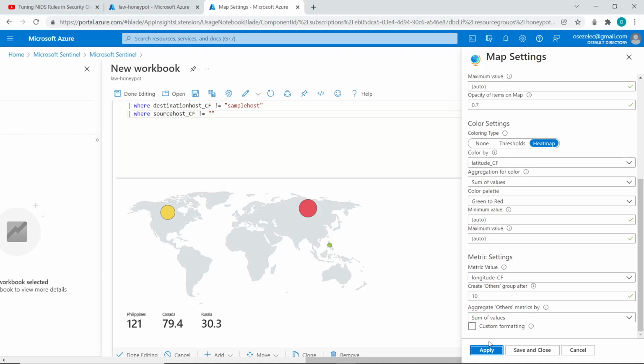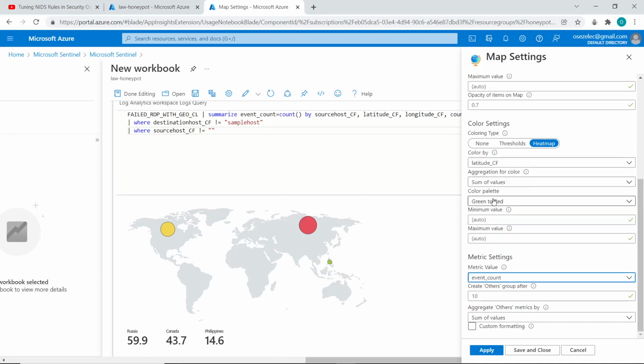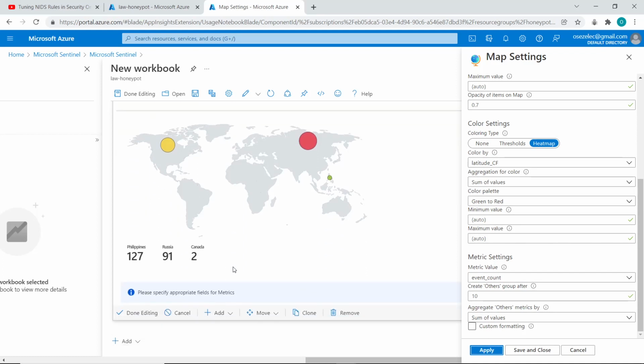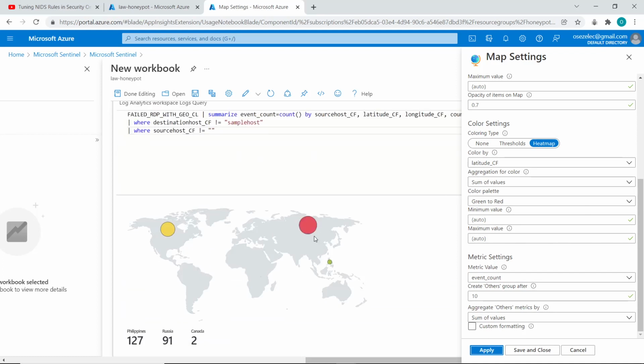To do that, I just select the metric value, select event count, and click on apply. And now you can see I have 127 events from the Philippines, 91 events from Russia, and 2 events from Canada in total. So now I can close the map settings